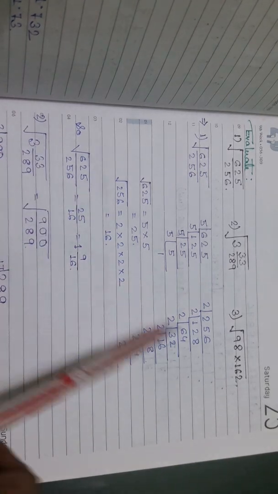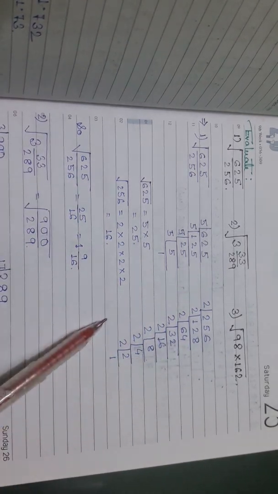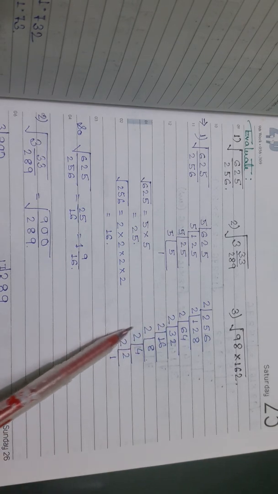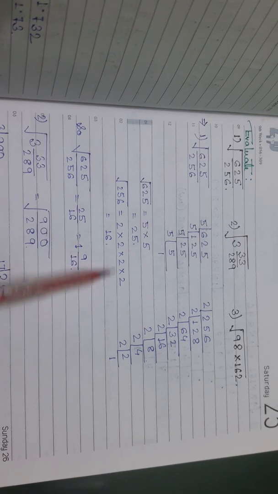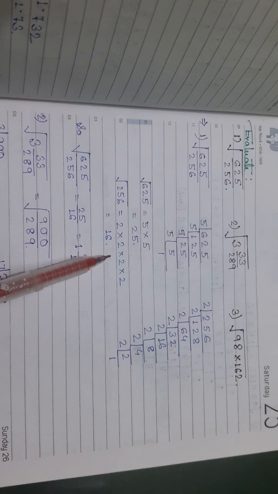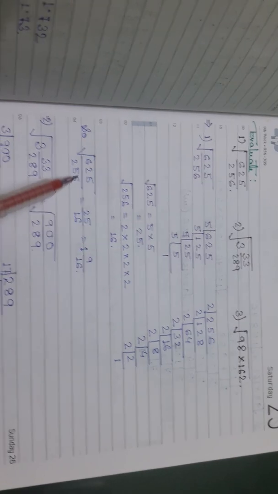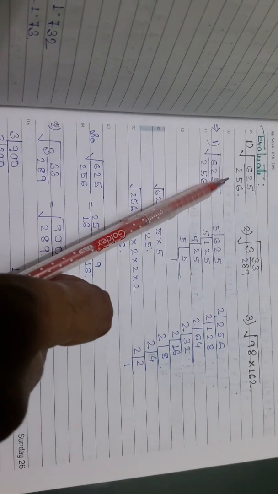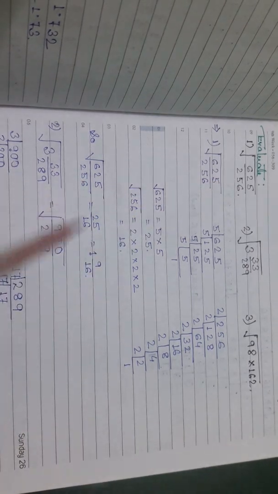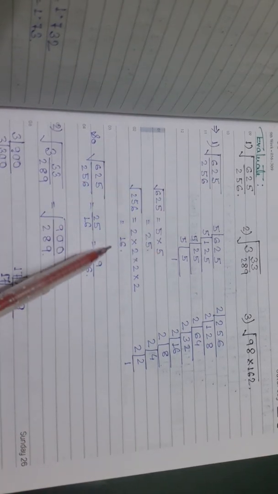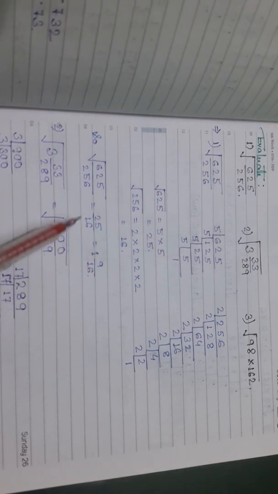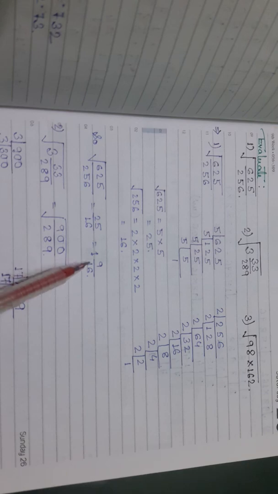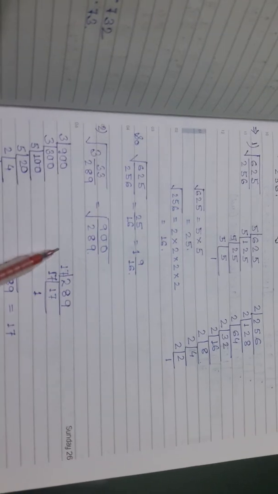Similarly we do the square root of 256 and we get a total of 8 twos. To find the square root we take 4 of these 8 twos, and we get 2 twos are 4, 2s are 8, 2s are 16. So the final answer is root over 625 by 256 equal to 25 by 16. And after changing the improper fraction to the mixed fraction, we get 1 9 by 16.